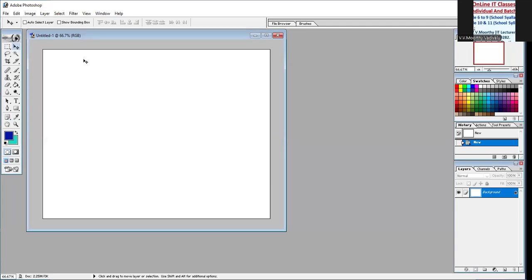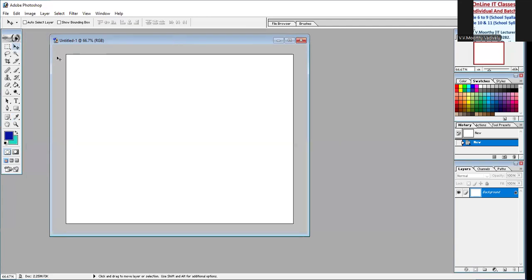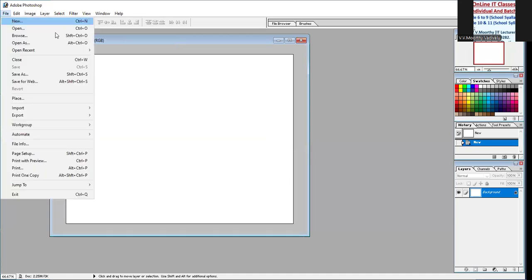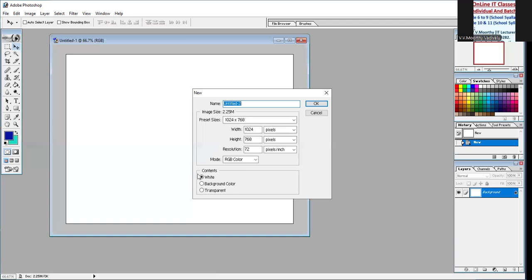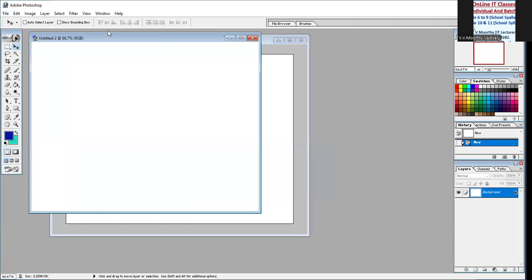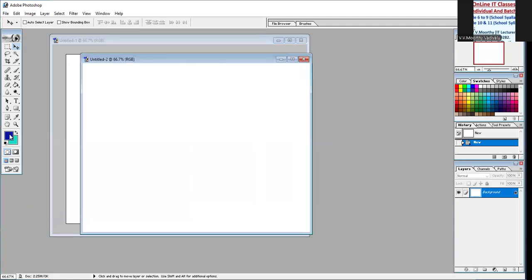How to get the background? Go to File, New, and Content. Already done this part, Content. Here now, this one is white color. So you select this one, white background coming on here. White background, and at the same time, foreground color, blue color. Then File, New,